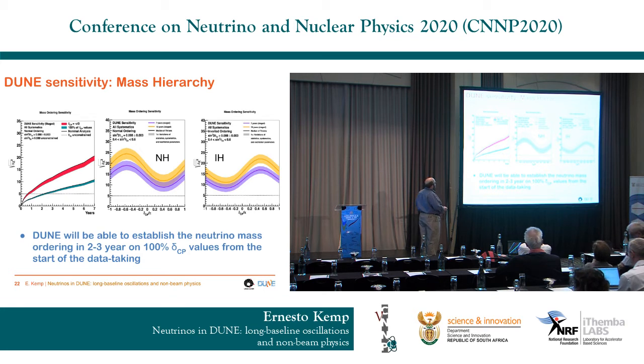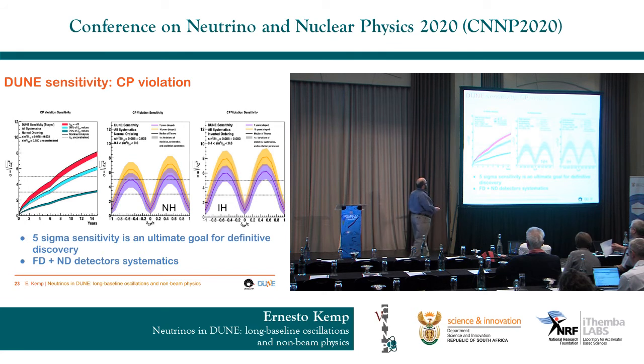So the same applies. It's more or less the same plot from here, but with another vision, that this is all the possible values of delta CP violation. This is for a normal hierarchy, for an inverted hierarchy, but for 7 and 10 years of exposure. And then you can see that we can reach a definite definition for the measurement of the mass hierarchy.